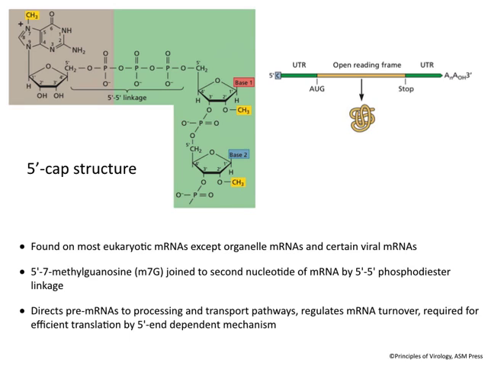The cap at the 5' end we talked briefly about during transcription. Here's the structure of a cap on the left. It is basically a G, or a guanosine residue, linked by a 5' to 5' linkage to the first base in the mRNA. So there's base 1, and it's linked to base 2 by a 3' to 5' linkage. But the cap is reversed. That's why we call it a cap group. The first base is a G, and it's usually methylated at this position, 7-methylguanosine, and there may be other methylations as well. And the methylation is part of the function of the cap group.